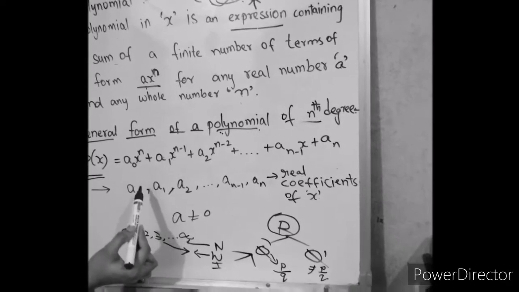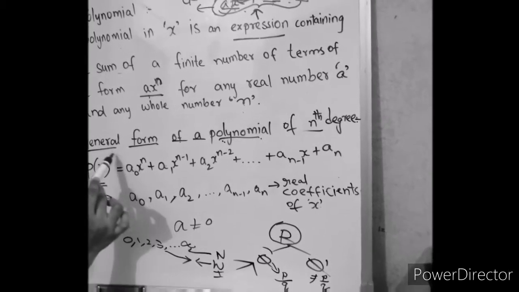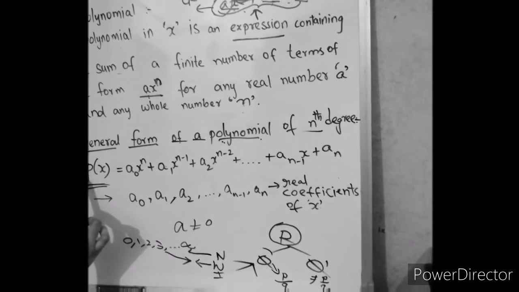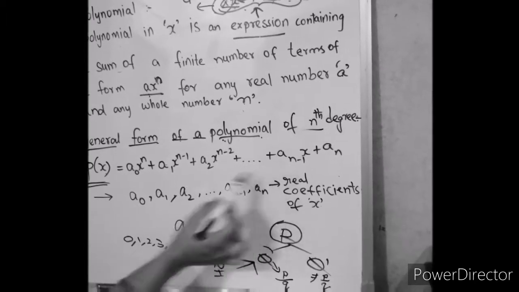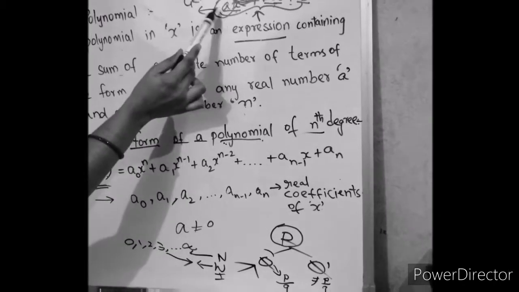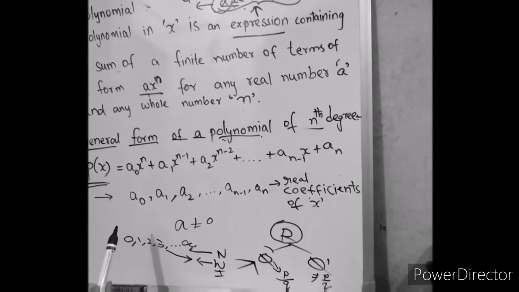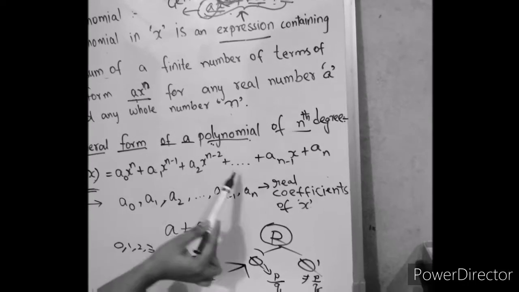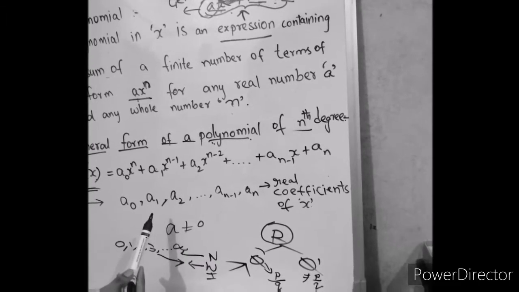And whatever polynomial you are going to take as an example or a problem, we can compare it exactly with this general form of polynomial. Now I just said that p of x is called a polynomial in variable x, which is equal to this expression. When I explained the definition, I said this part of the equation, the LHS part, is called the expression. Now the polynomial is equal to an expression I have written in variable x. If you see, every term consists of x.